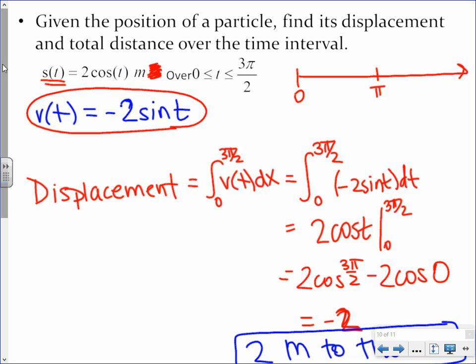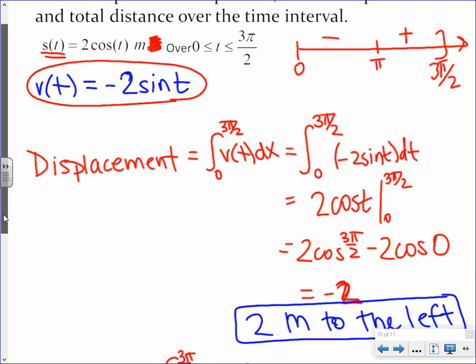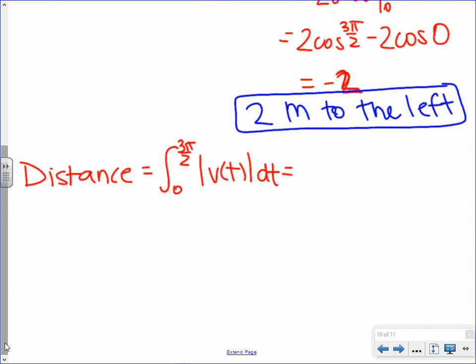It's negative. Between pi and, really we're ending at 3 pi over 2, right? What kind of velocity would we have? Okay, so we have a negative interval and a positive interval, which means we have to break this up into